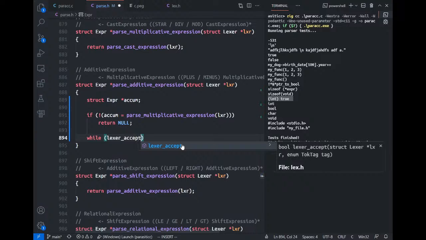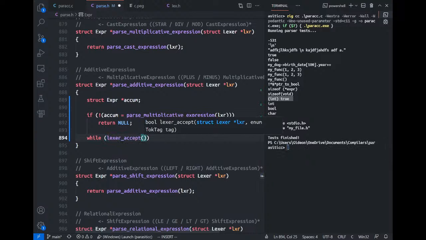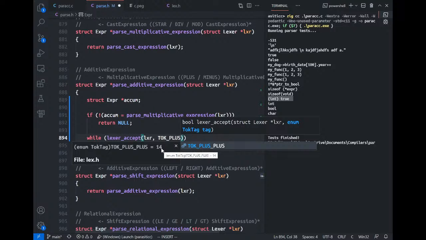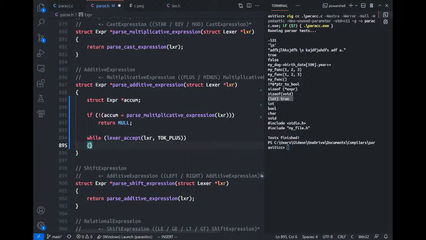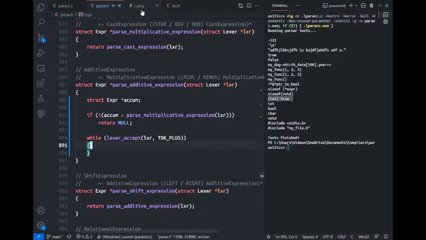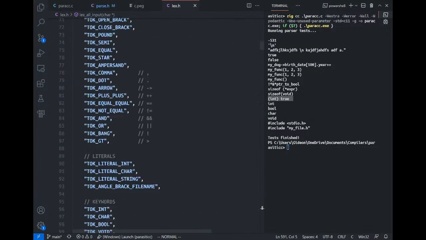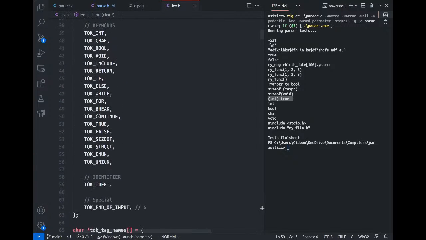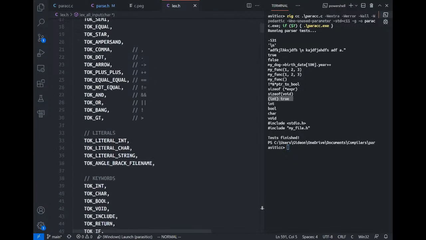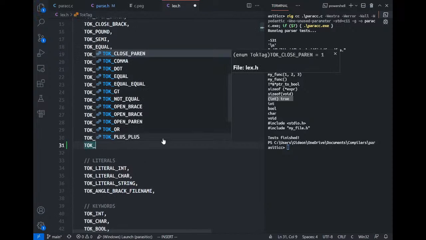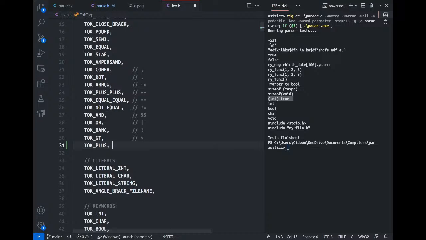Lexer accept, LXR token plus. Am I not even tokenizing plus? Oh wow. Okay. Let's quickly add that. Where's my list of tokens? Symbols, token plus,